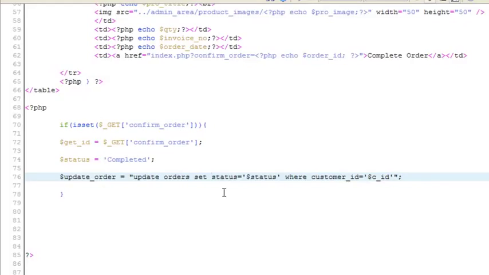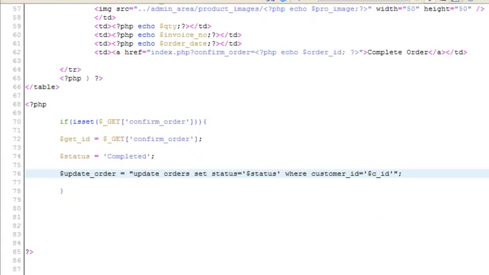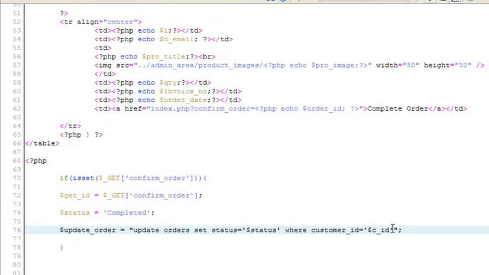Okay, so set status to status where customer ID is equal to guest ID, because we may have different orders from different customers in many orders, so we cannot update all of them, so we need to specify the person. So that's it. No, sorry, we cannot say like this. We will say where order ID is equal to this,